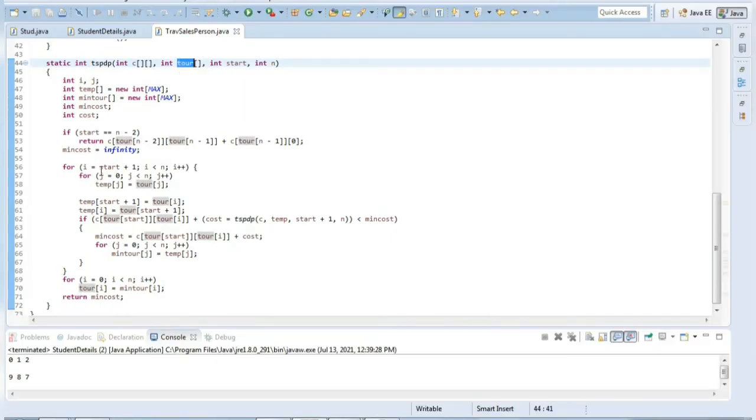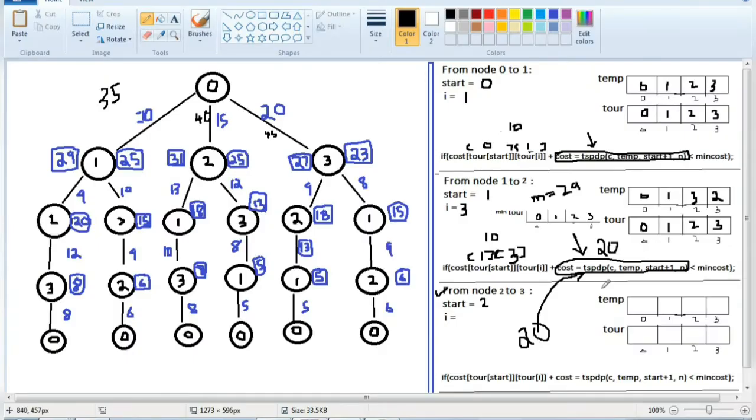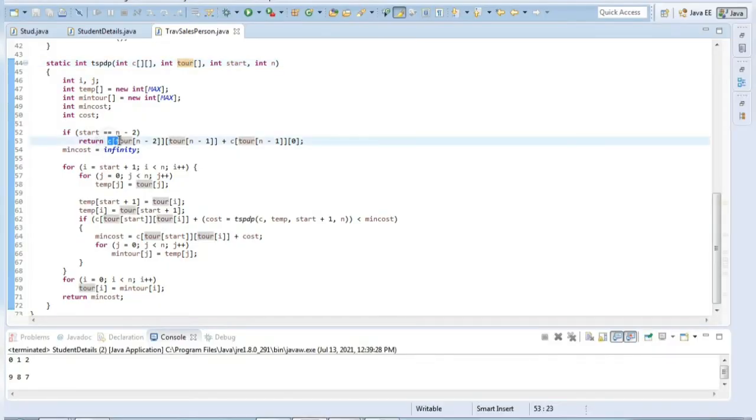In this function the argument is tour, and this tour is nothing but what we want here, tour of start and tour of i. Therefore it's nothing but the upper temp. Upper temp means these values. This value should come to tour here. So that one will be copying 0 1 3 2. This one is copied.